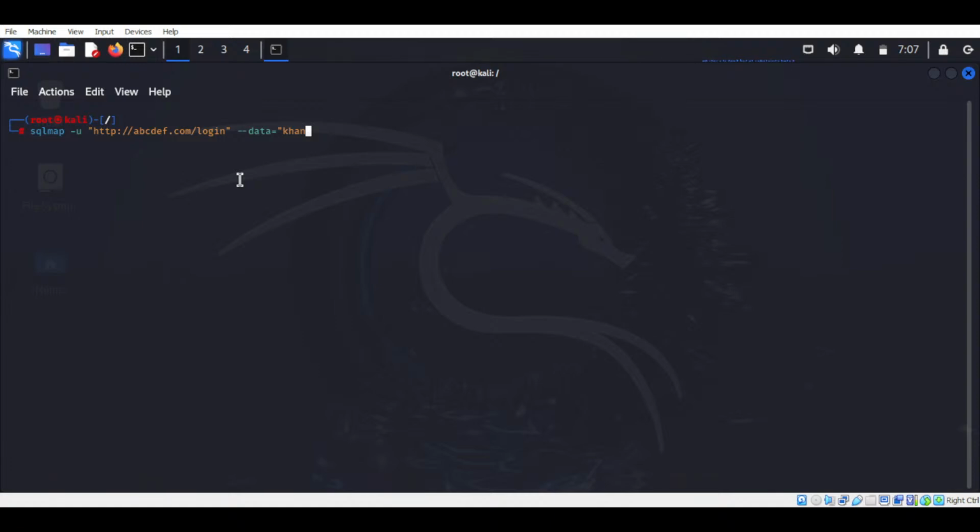Then equals admin. Actually admin is the username, then you type and, shift and, then password. The password is again admin. It's just for example, just for your understanding. And here you type double quotes, enter,